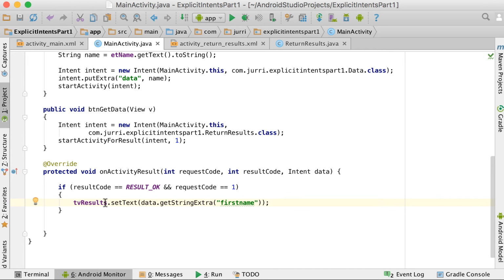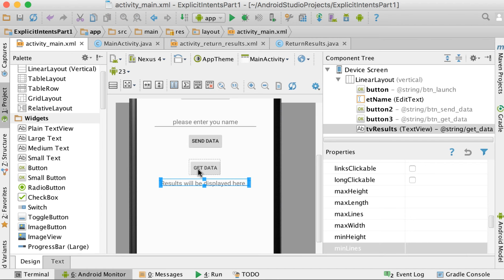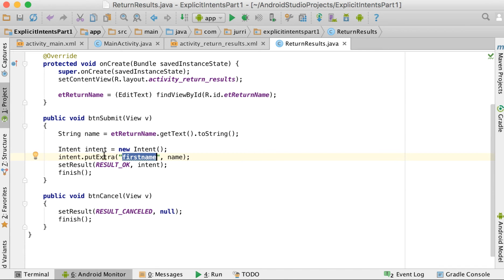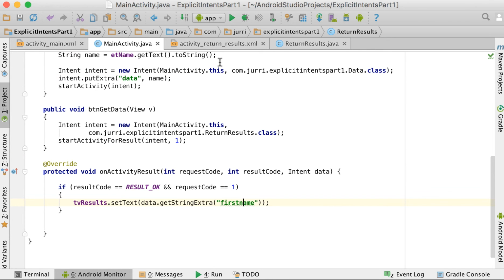So now we set the TV results, which is this one, to that data that was passed through the intent dot get string extra to get the first name. Remember, on this side we said put extra. When we retrieve it, we call get string extra. Okay, so then we set the results from the previous activity, and now we can go